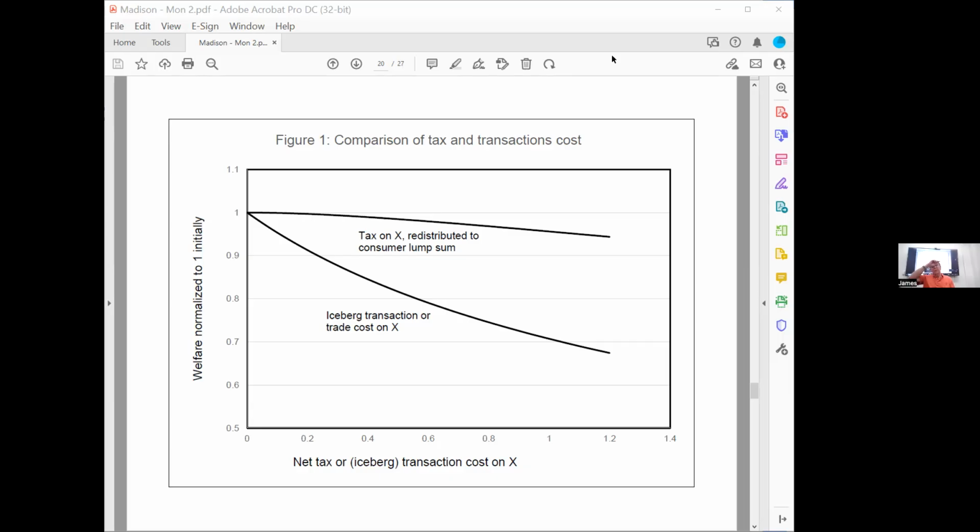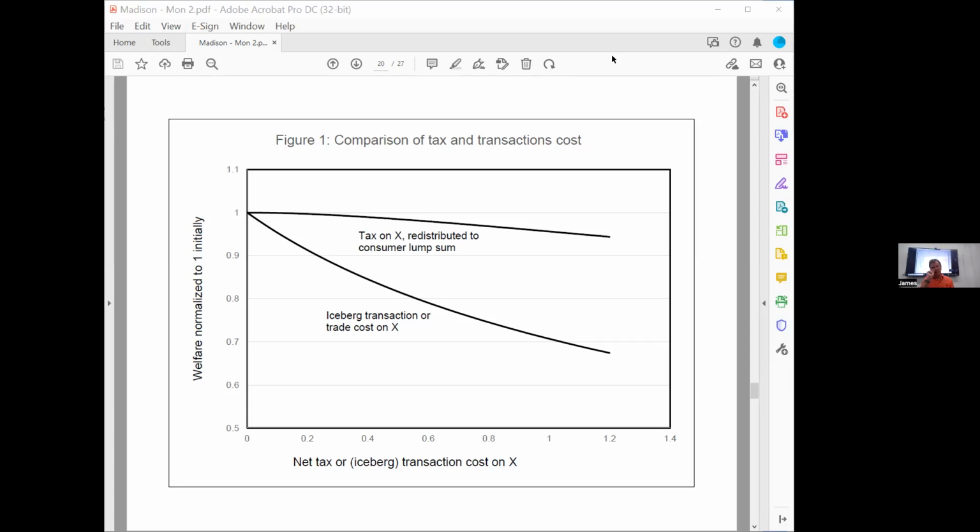I remember Tom and I, in the 80s, or at least some of us with GE models, not Tom, used to joke that the answer to any question in an applied general equilibrium model is 1% of GDP or 1% of welfare. And it's partly this effect that a lot of things were modeled as ad valorem equivalents with redistribution. You're almost guaranteeing from the structure of the model that you're going to get very, very small welfare